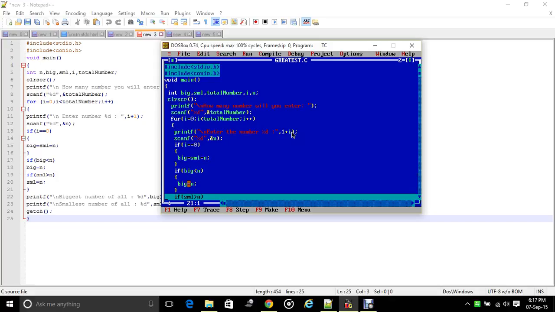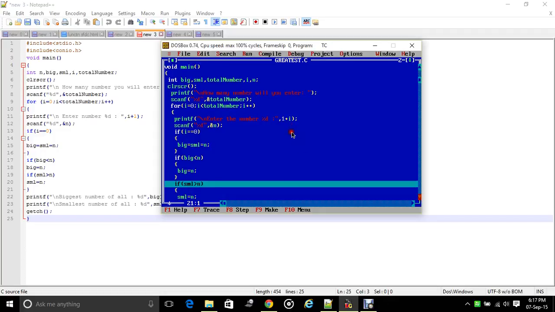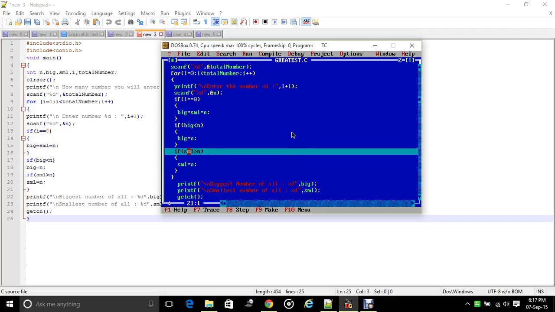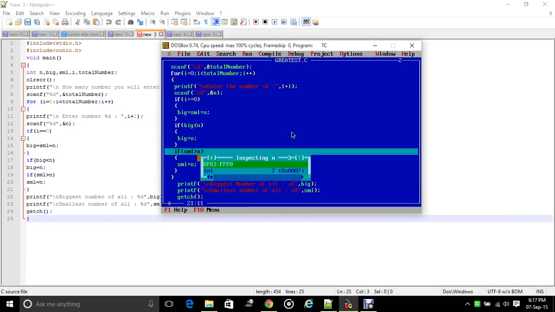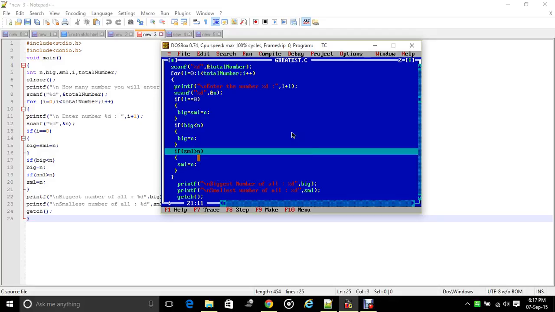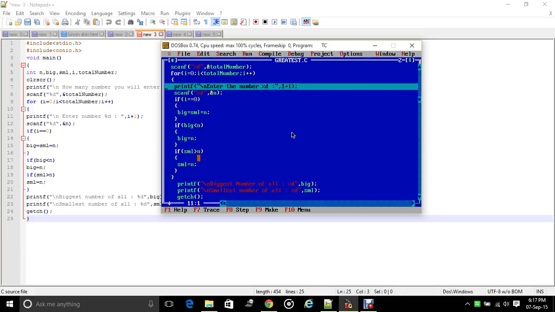Again, if 7 greater than 7, condition false. Again we are pressing F7, the condition is false, that's why it goes back to the loop for the second time.